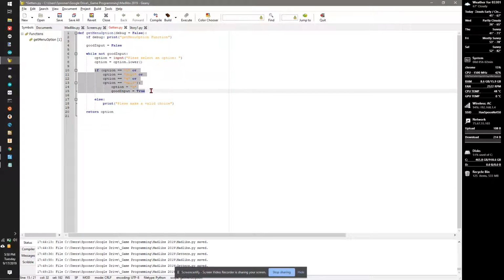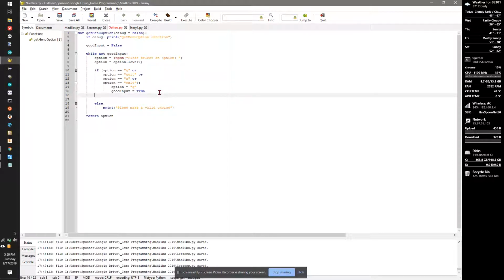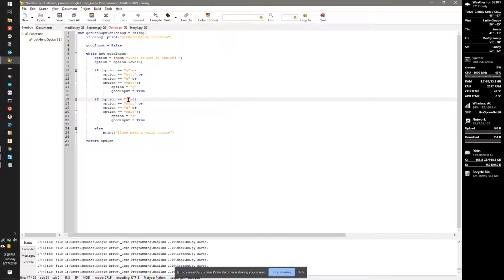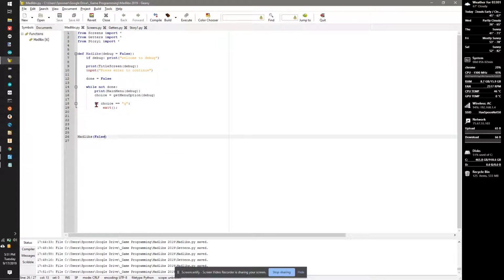So now let's copy that block, and let's make a version for if the option is 1 or story 1, spelling counts, in all lowercase because we've only got one version of that, or story1 without any spaces there. The option is going to be 1, and good_input is true, and it's going to drop back out. Now if I go to my Madlibs, I can now check to see if the choice is